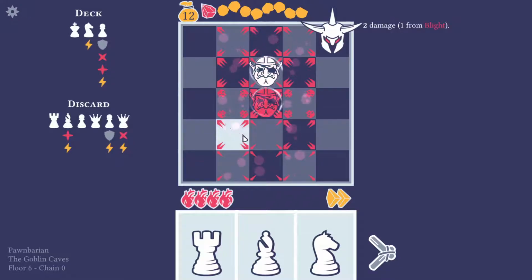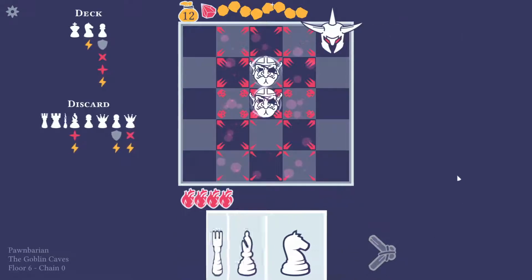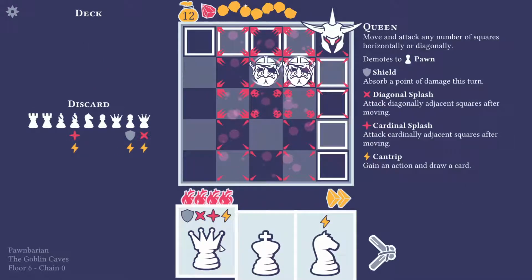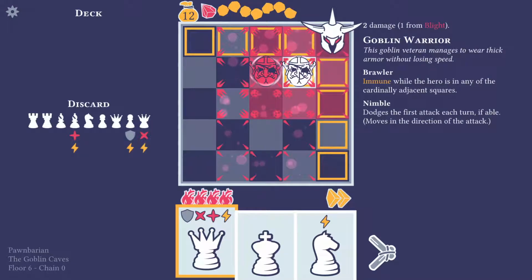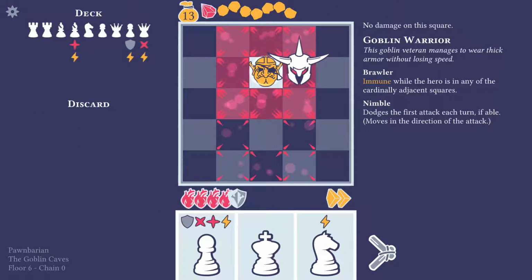I think we go defensive here. I honestly think we just stay here. And skip. We get another queen, and it's my super queen, because it's the super pawn. So I go here, that pushes you there, and I think you still die. Yes, because it attacks all directions. I was cardinal, so he was immune. So he didn't even proc nimble dodge, or whatever it's called. But I can proc it